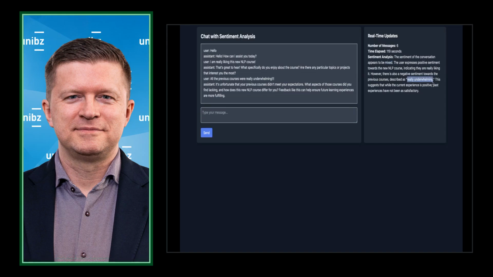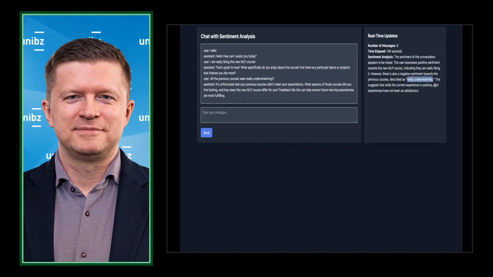Also, very simple stuff. I did this out of the box with GPT-4o. No pre-training, no prompt engineering, nothing. This is working out of the box perfectly. And this works, of course, with open source models as well, which don't cost me money. But if you do sentiment analysis of a chat, it doesn't cost a lot of money because, as you now know, this is not a lot of tokens.